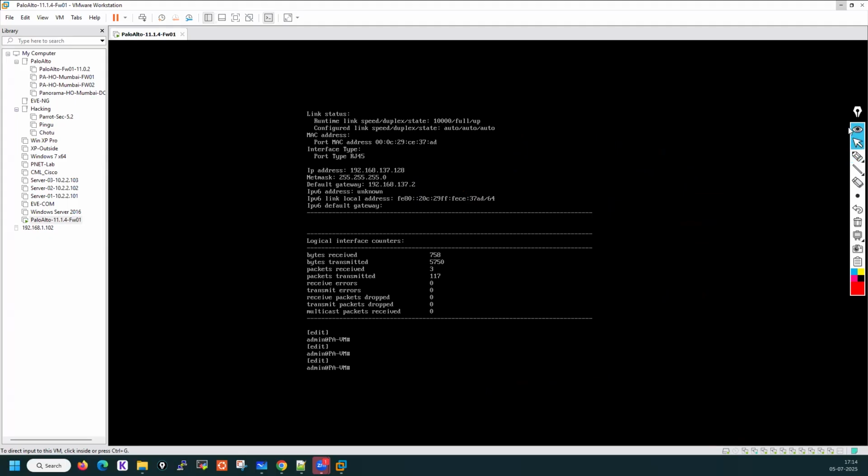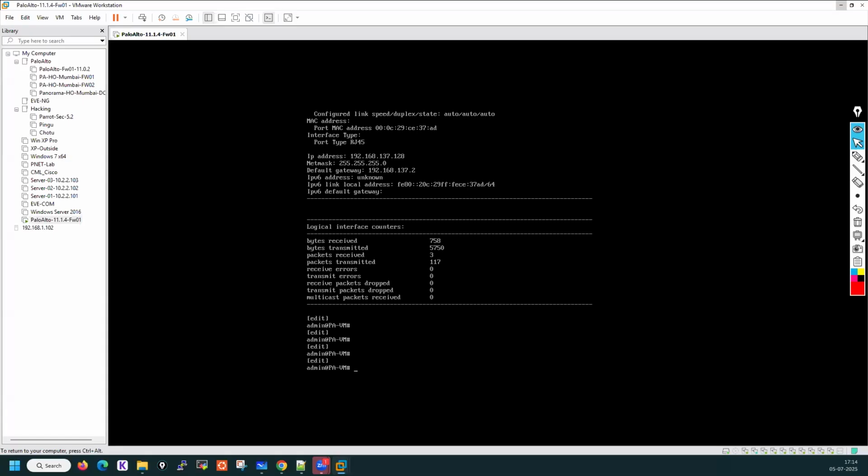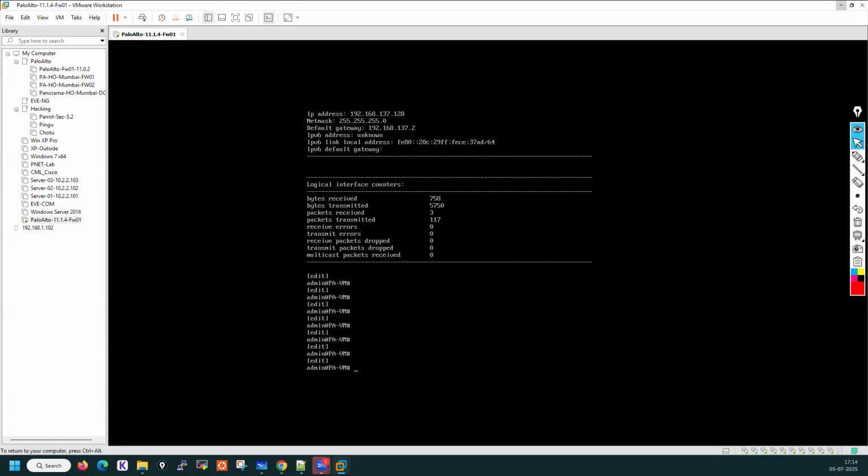Okay. So generally this DSCP client option is enabled by default. And I guess they have enabled this option from PanOS 9.1.x onwards. Exact version, I'm not sure. So what we have to do, we have to first run this command: set device config